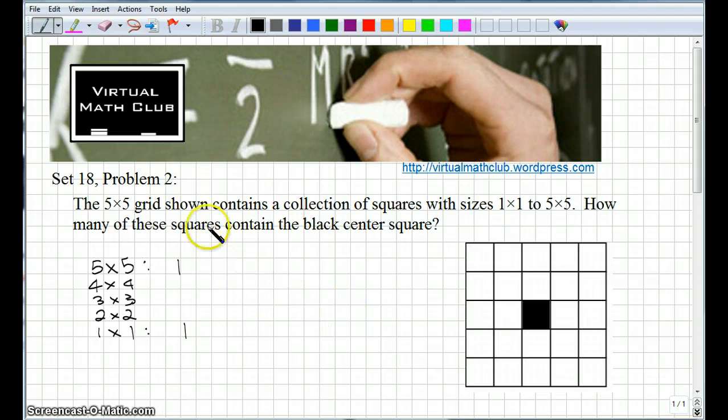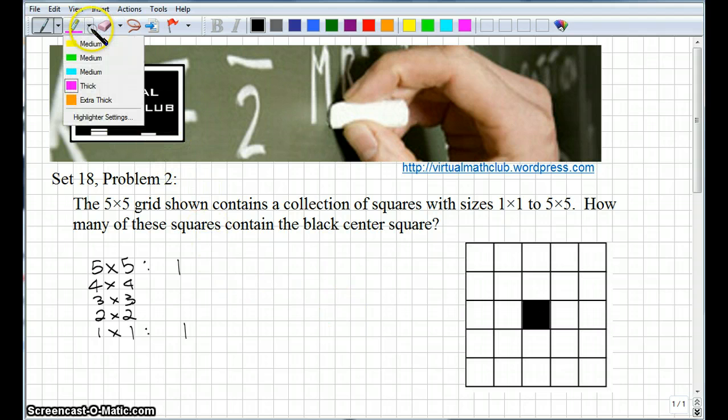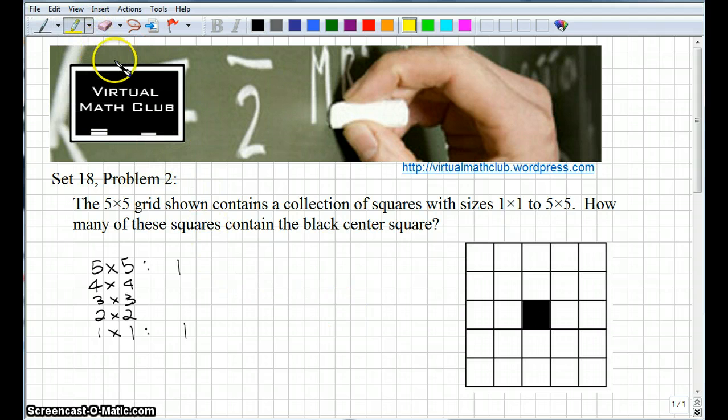If you look at the 4 by 4 squares, let me pick up a highlighter here, and maybe that'll help us. Okay. So let's look at the 4 by 4 squares. I wish this was thinner. Let's see, maybe I'll try something different here. Let's do a marker. All right, and okay, so let's look at the 4 by 4 squares. And you can tell already that you're going to have